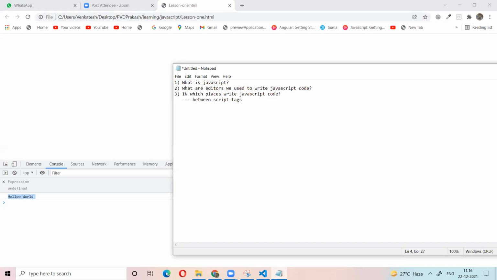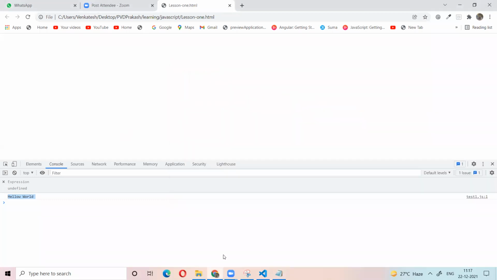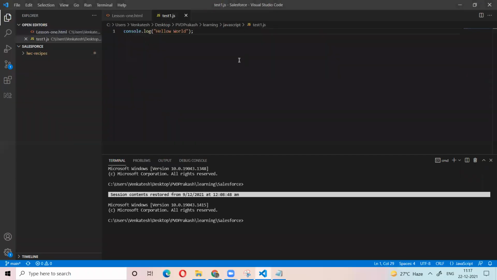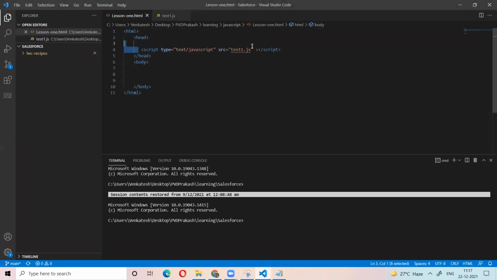Otherwise, we write our code in an external file and include it in the HTML. So we can write between script tags, or write our code in a separate JS file. So these are the things.